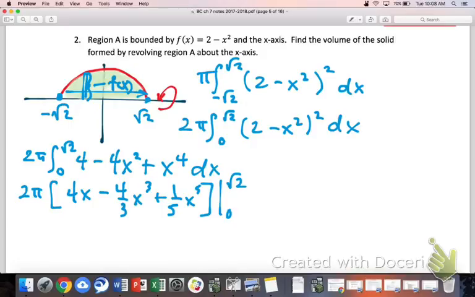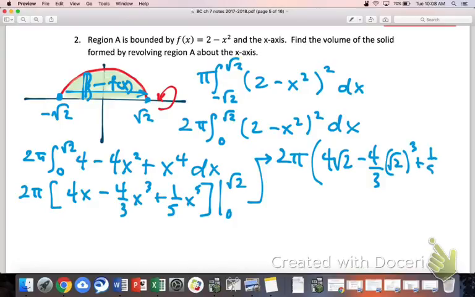at 0. And of course, as pointed out before, since every single term in our answer has an x and there's no e to the x's or cosines or anything like that, we know that each term will go to 0, like you said. So to finish this one out, we could say that our answer is 2 pi times 4 root 2 minus 4 thirds root 2 cubed